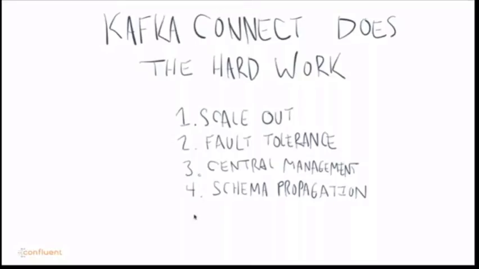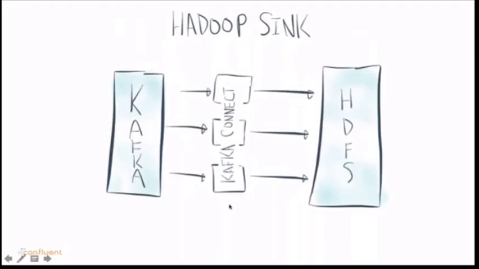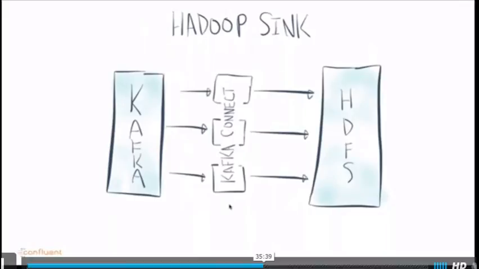So I think the best way to illustrate some of this is just go through a couple of examples of how the Connect APIs work by talking about integrations that actually exist, that are off the shelf, that you can download and use for real data systems that are common. So the first would be something like Hadoop, where you